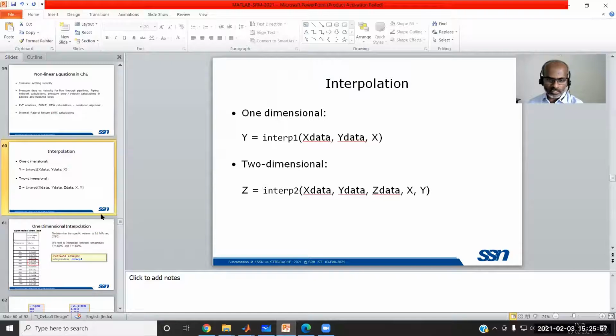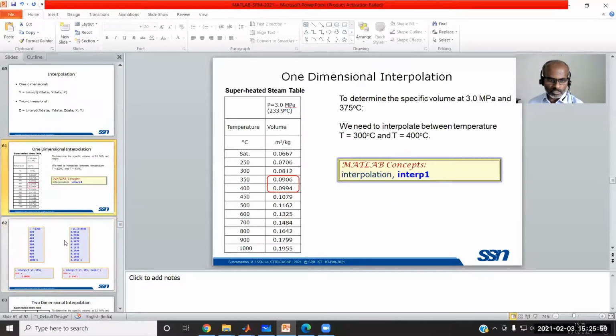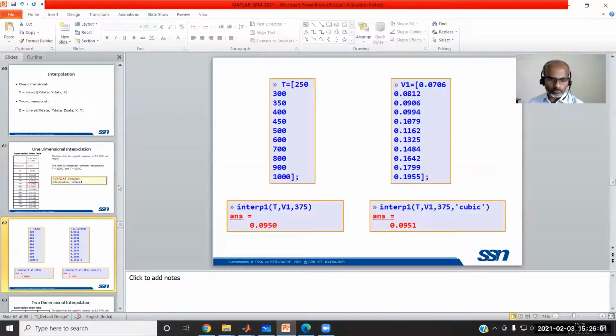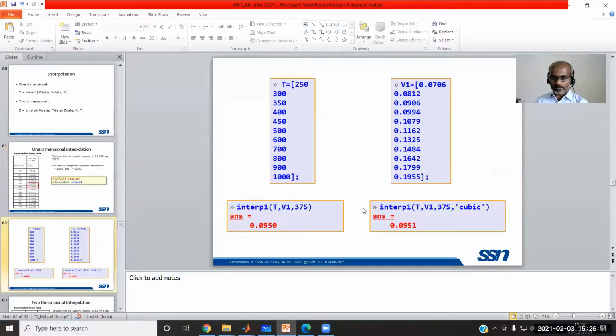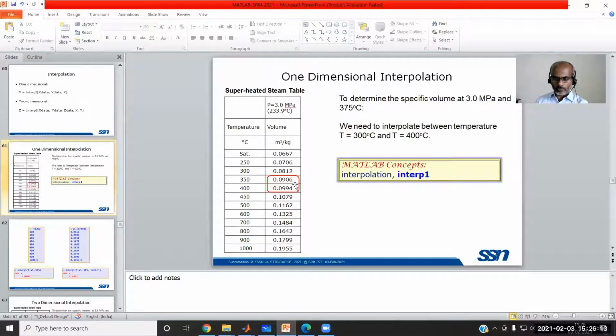This interpolation you can try yourself easily by taking this set of data. Of course, you need to type them, then only you can understand. This is simply about interpolating a steam table. Those who have an idea about steam tables can understand the need for interpolation. Suppose you have this kind of data available, how do you get the value of, say, volume corresponding to a temperature which is not available in the table, for example a value of 375?